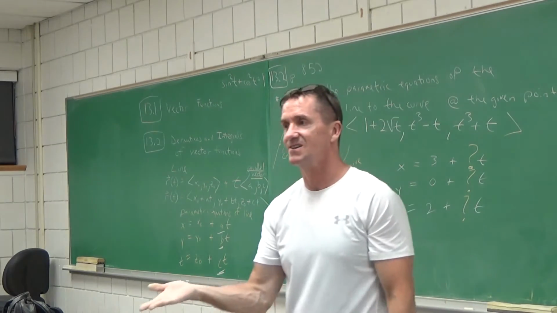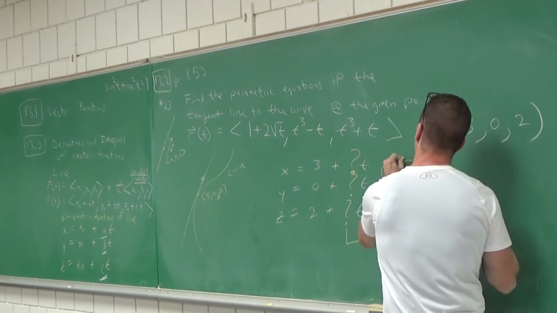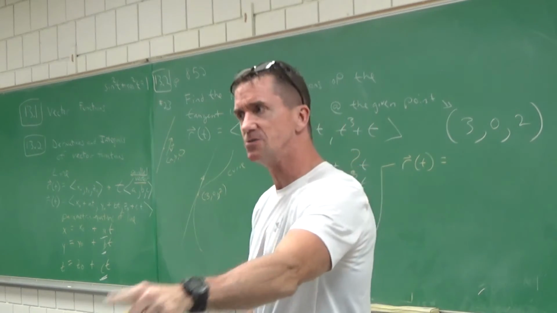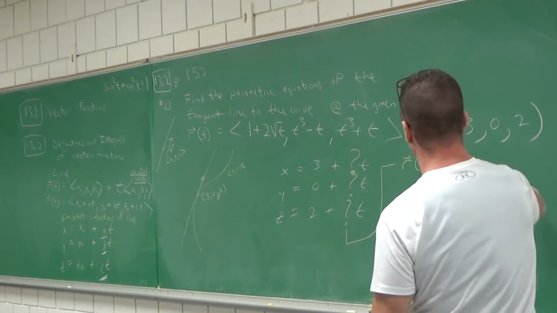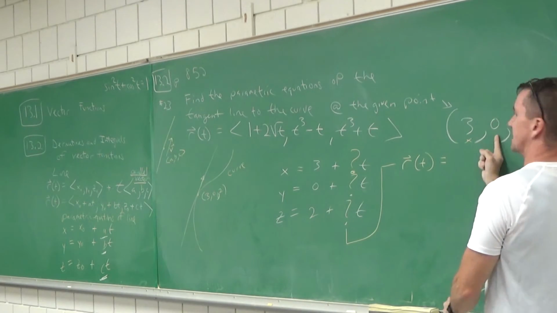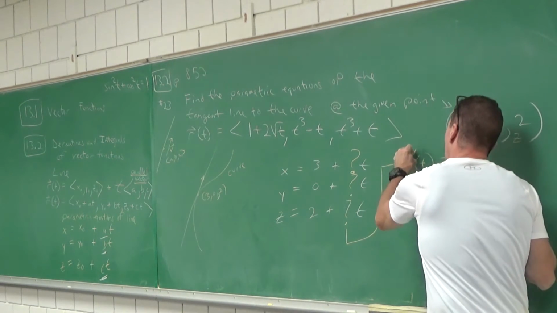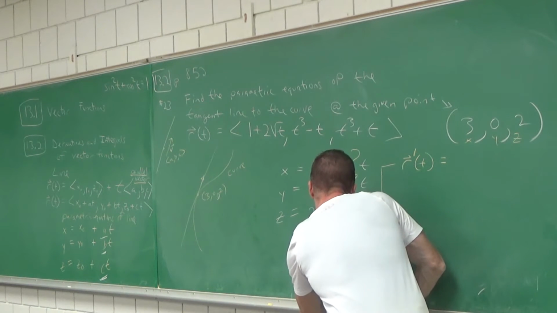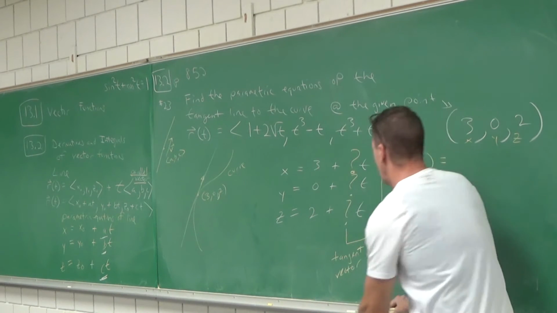The tangent vector. So when they gave us r of t, to get these numbers, we first have to find r prime of t. That's step one. That's going to be easy, derivatives. But step two is we have to know what t-value to plug in. That's the mystery. They did not tell you the t-value. That's not a t, that's x. That's not a t, that's y, that's z. The parameter is t. But let's start with this. I need r prime of t. This is the tangent vector, right? The parallel vector is the tangent vector. And then we'll plug in some t value.